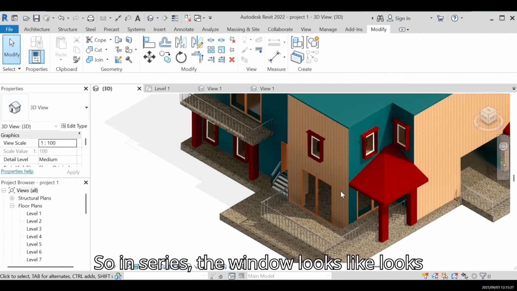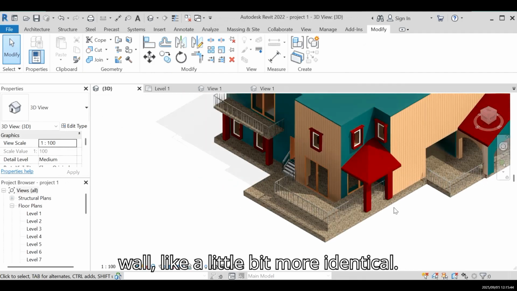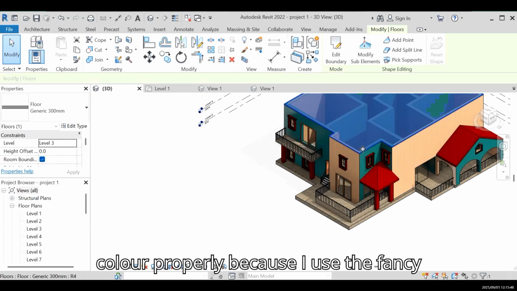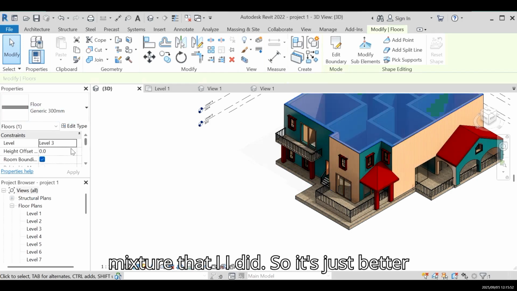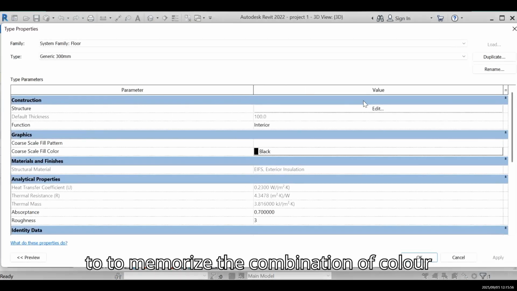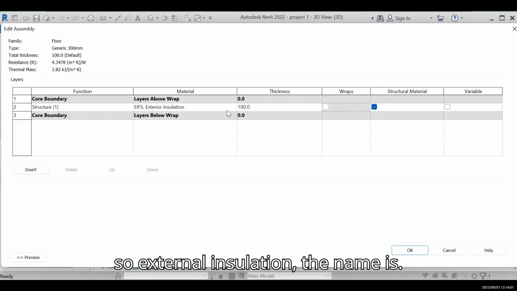So you can see, right, the window looks like our columns. But I would like the window to look more identical to my wall, all right? So I need to remember this color properly because I used a fancy color, so I don't know what mixture I did. It's better to memorize the combination of color that you use for every element. Okay, so external insulation, the name is